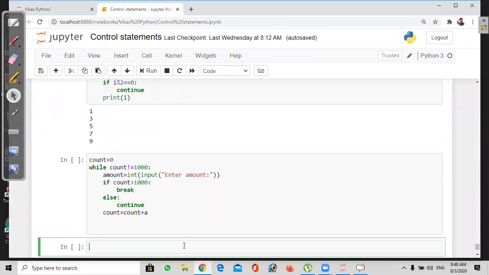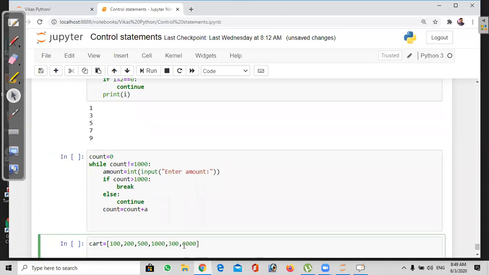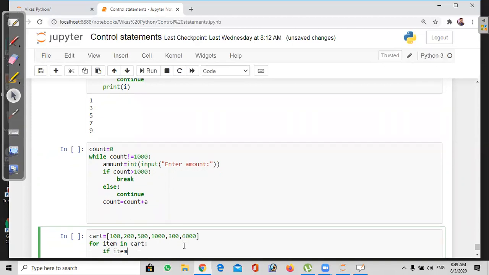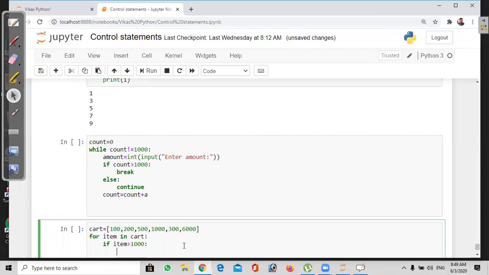Instead of that, let me take one example of a list of values. So here I'll keep 100, 200, 500, 1000. When it reaches the maximum of 1000, it needs to break or continue, 600 or 6000. Just I wanted to print. So for item in cart, let me take the cart. If the item value is greater than 1000, simply it needs to print